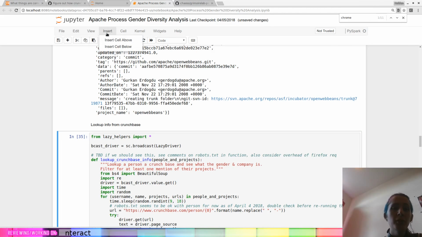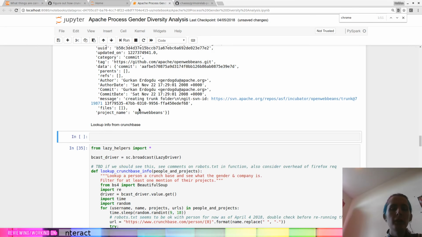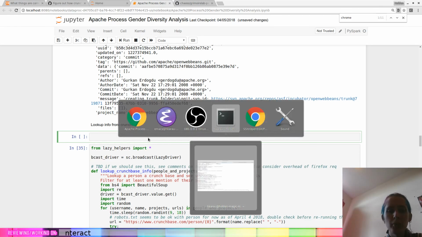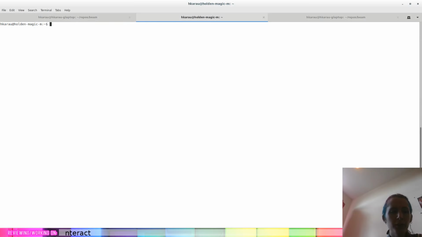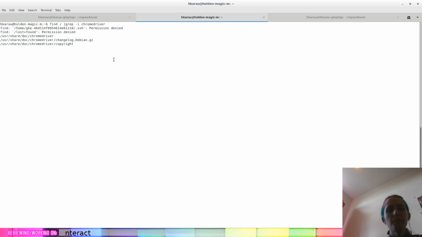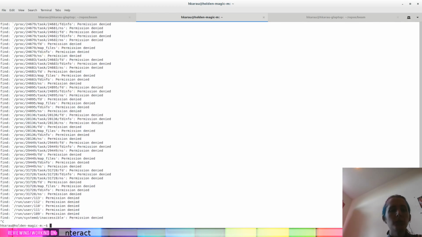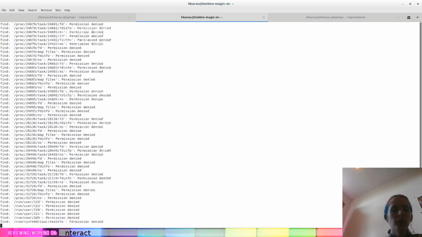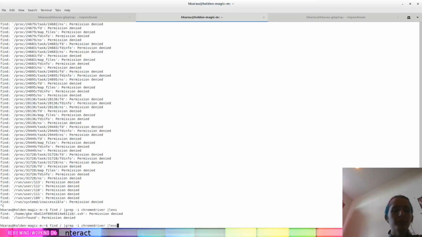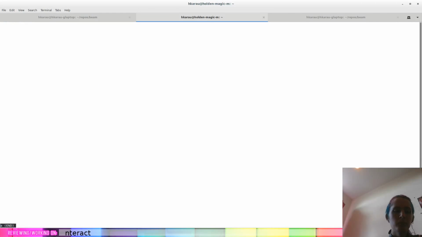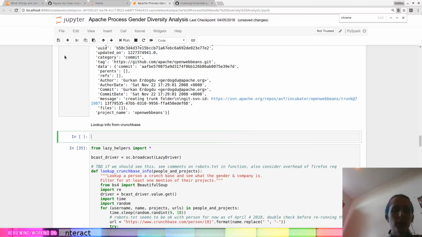So we're going to insert cell above, and I think I have an SSH connection open to this. Cool. So that's cool. Oh, that's great. Oh, damn it. Okay, whatever.